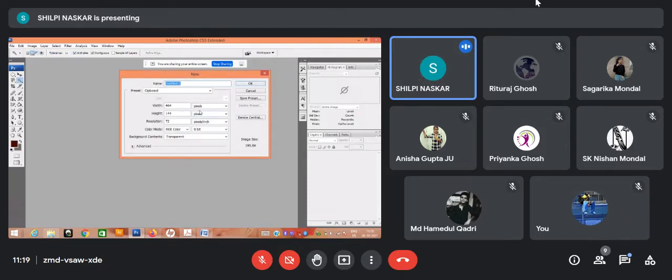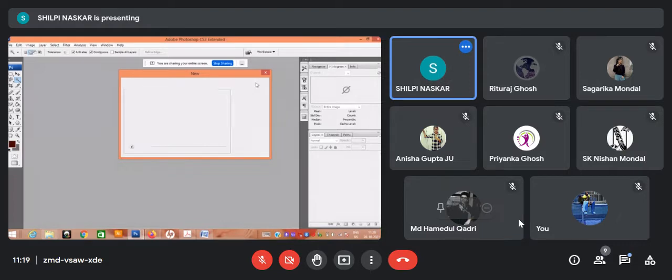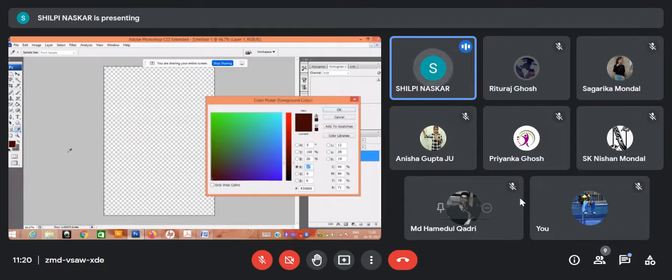Let me change the units to cm or inch so that we can connect. Say in the basic, just fill it with black. Any color you can fill. I'm just filling it with black.